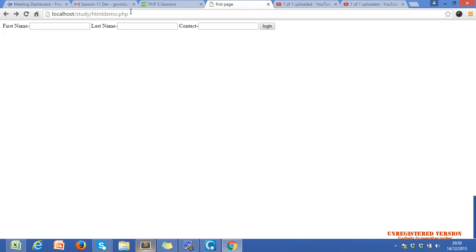Okay, do you understand what my requirement is? When I click on the first name, okay, and click on this login, I have to show a message with the first name and please enter last name and contact number. Okay, if I use the last name also, and I click on login but don't use the contact, then there is the first name and last name, but showing a message, please enter contact number. Okay, Khushi,